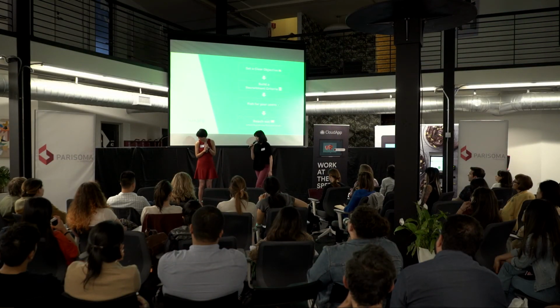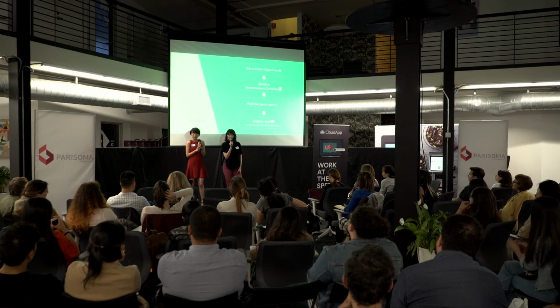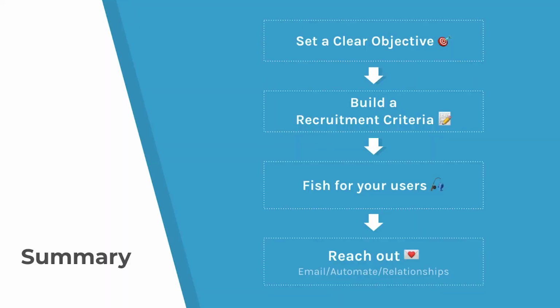That was very helpful. So just to recap on what we learned today, there are 4 steps to effectively recruit users for your study, and we really want this to be seamless and easy so that you're just focused really on the user research. The first step is to align yourself on a clear objective, which will lead into the second step of creating that recruitment criteria so that you can build out those characteristics. And then third,